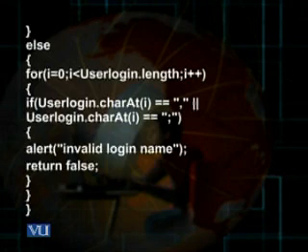That would mean that my loop would further continue. Again there would be i++, so i would now become 2. Then the condition would be checked. 2 is again less than 3. Therefore I have to again come to the if statement. Now if userLogin.charAt(2) is a comma or a semicolon, then it would be an invalid thing. But in my particular example, in the name Ali, at the index 2, the character is I. It is not a comma or a semicolon. Therefore, again, this character would also pass. There is no invalidity here.